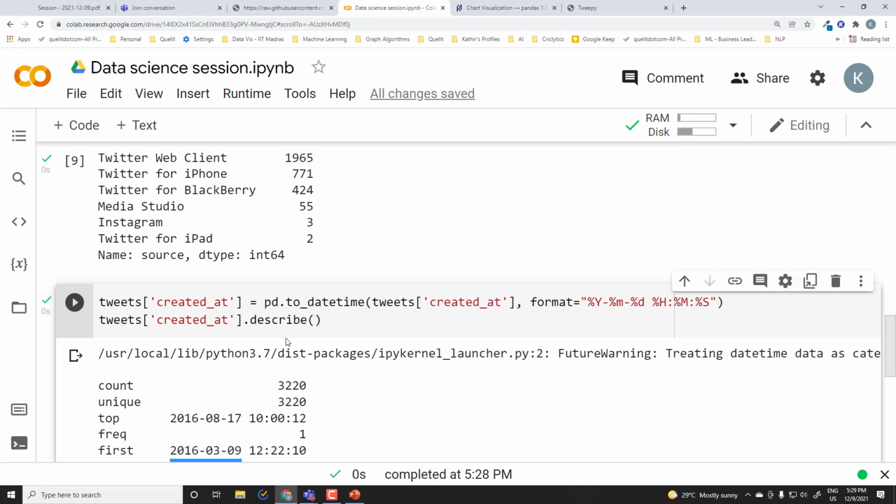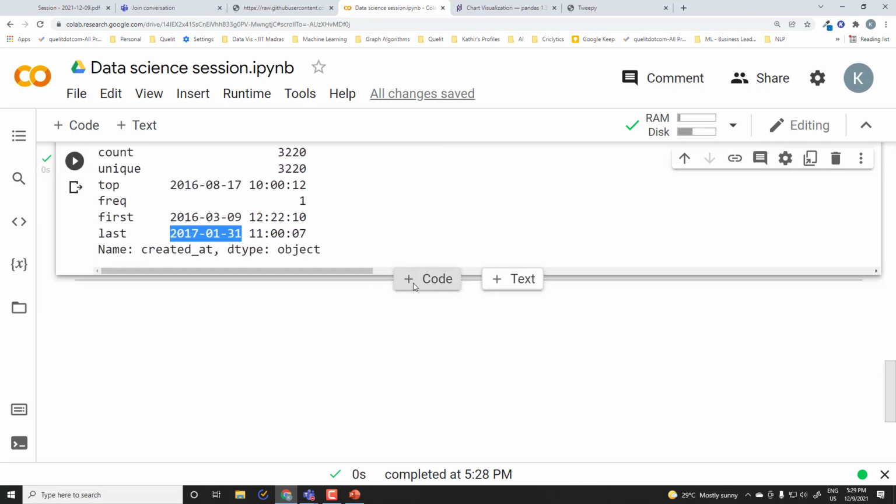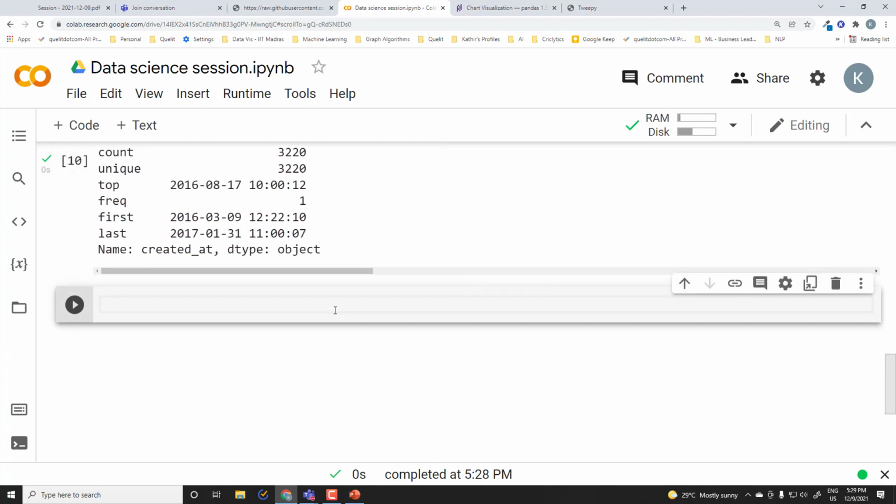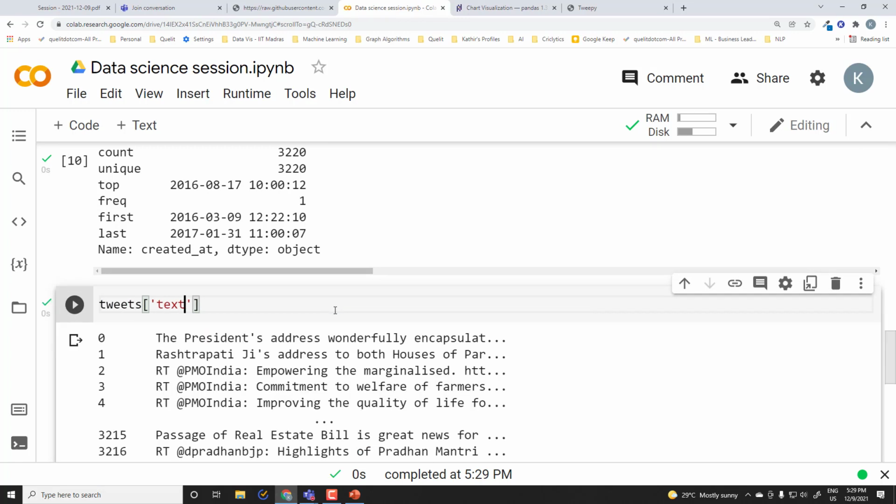But what about when you have text columns? What about when you have text columns like the tweets column that we have here? So the text column is not numerical, it is not categorical, it is not date, it's just a bunch of words in each of the rows. How do we summarize this? So this is the first starting point for any text analytics. Like the moment you have a bunch of words with you, what do you do?